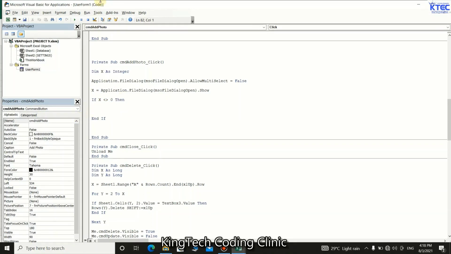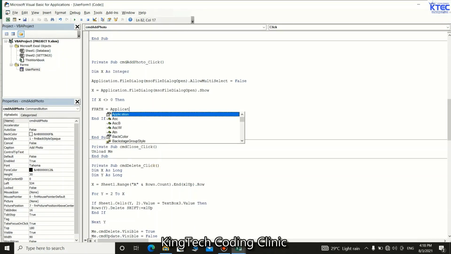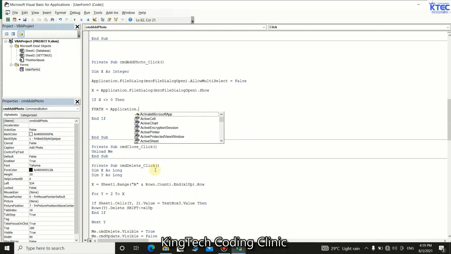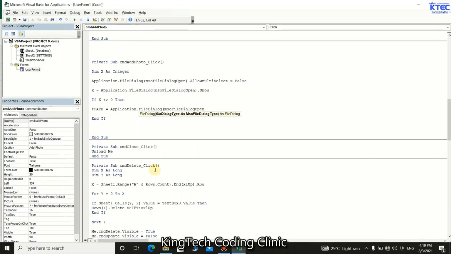So we call on fPath, our global variable. Then we call on fPath, and then we set it to what? Application. Let me just use Control J to have the options. Application dot FileDialog, then into brackets msoFileDialogOpen. So we have it here, then bracket close dot